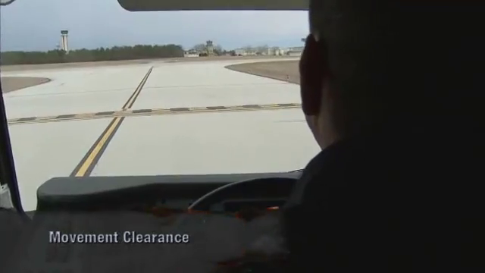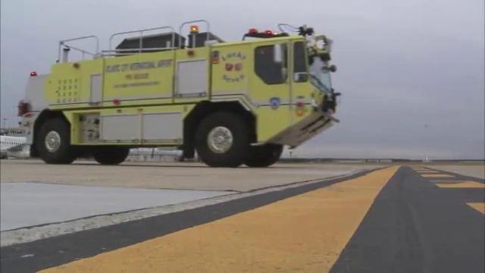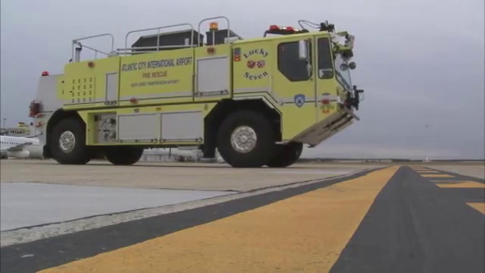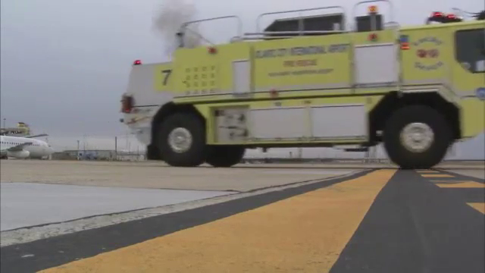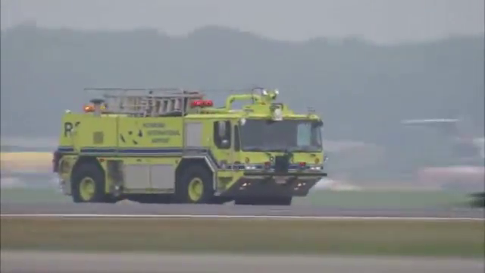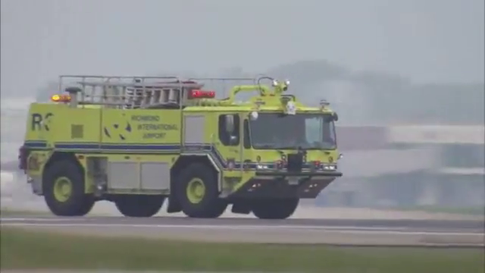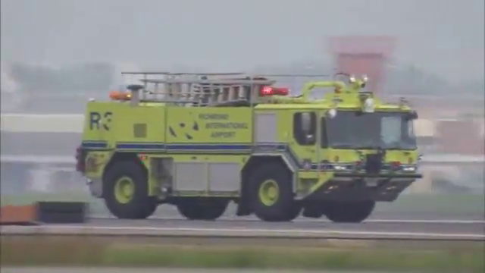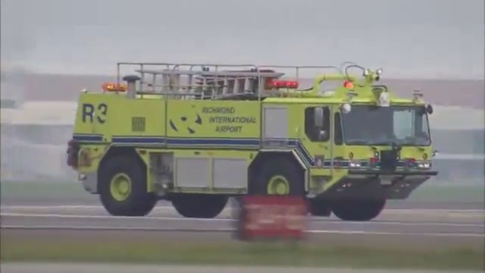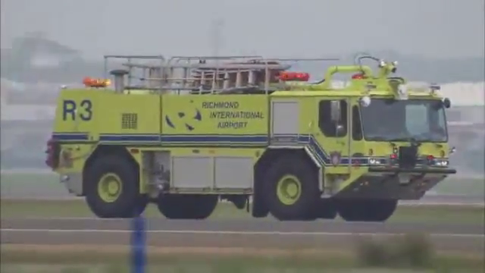All vehicles and aircraft need clearance from air traffic control to drive on taxiways and runways or enter the movement areas. Entering a movement area without clearance can lead to collisions, injuries, and deaths, legal liability, property damage, and investigation by the FAA. Firefighters are cautioned that entering a movement area without permission is considered an incursion by the FAA and must be reported to the appropriate officials. You do not need clearance to enter non-movement areas.